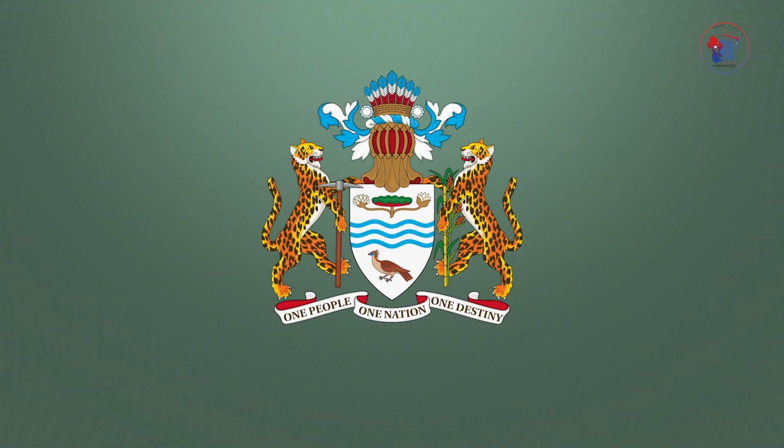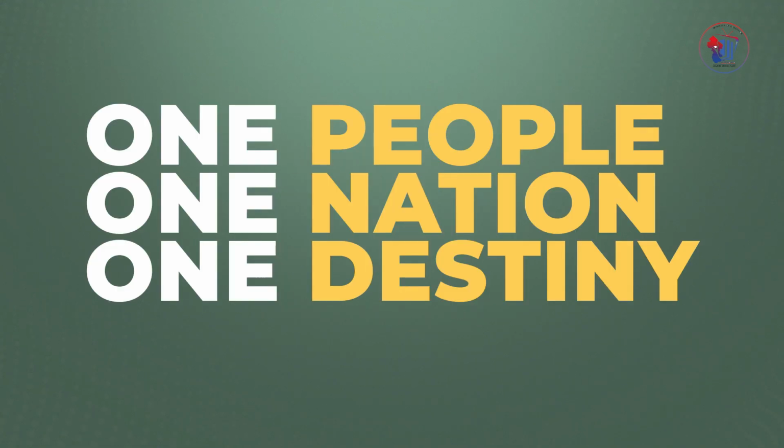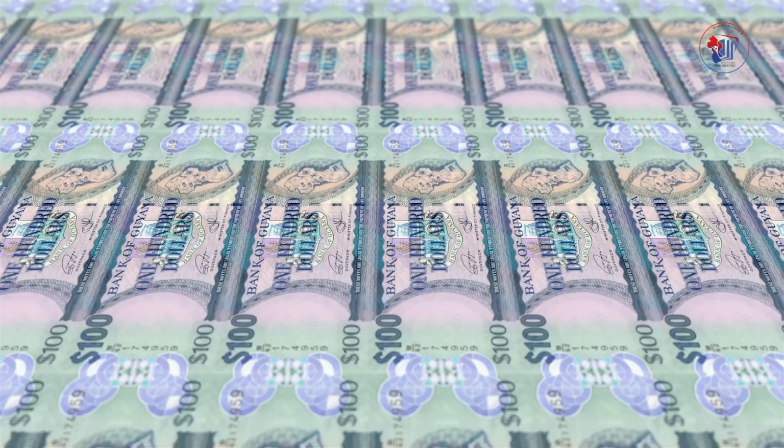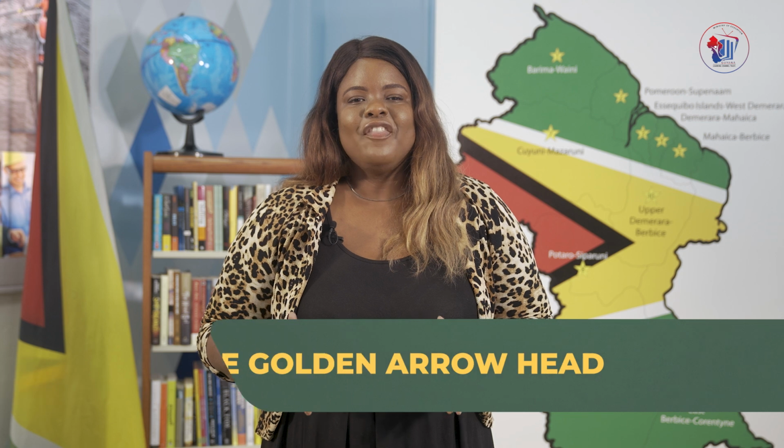Now, Guyana has a variety of national symbols, namely the national flag, the national coat of arms, the national motto, the national anthem, the national pledge, the arms of the president, which came into use in 1970, currency, and stamps. Ooh, that's a lot. Now let's take a closer look at the national flag, which is also known as the